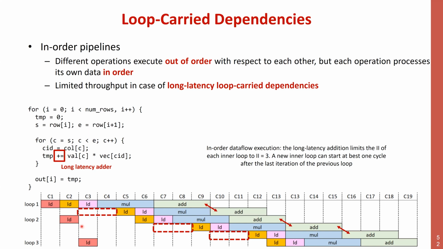What I can get if I do what we have just done, decoupling the generation of the addresses, the external iterations, from the rest, and overlap as well as I can, is this kind of behavior, which is good in the sense that I start immediately the first inner iteration of a new outer iteration. I start it as soon as possible, but I keep losing cycles in between inner iterations because of this